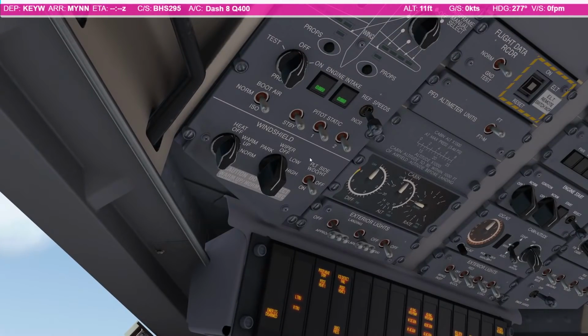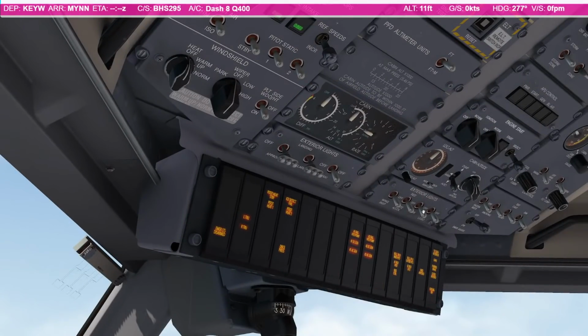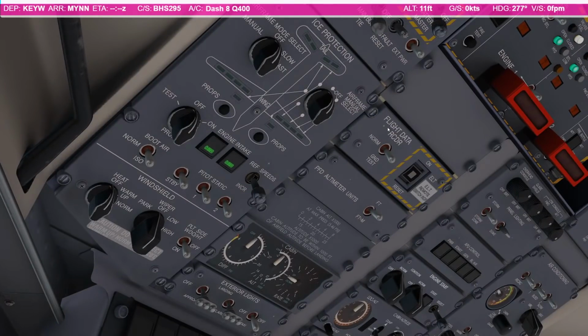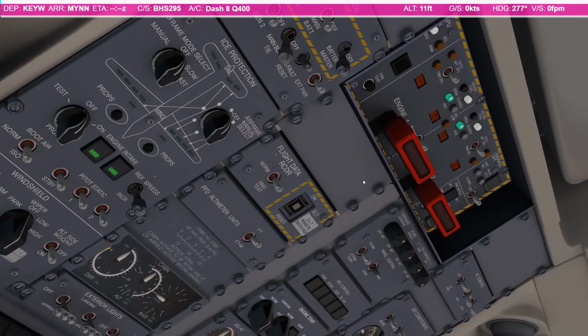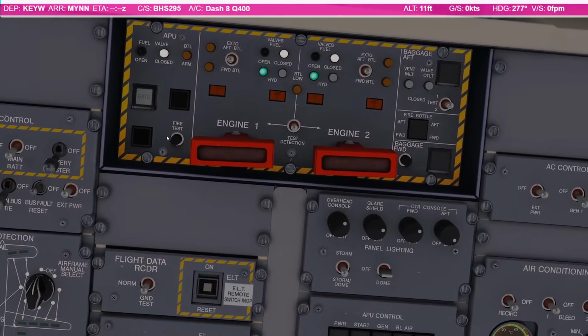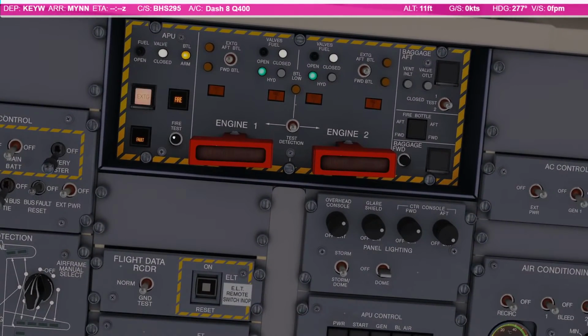Right, windshield heater off, wipers off, lights are off. We'll put the position lights on just to let people know we're here. PFD obviously set to feet. Don't remember what this does, so can't help you with that. Let's run the tests up here. The Dash was always a lot of tests, so